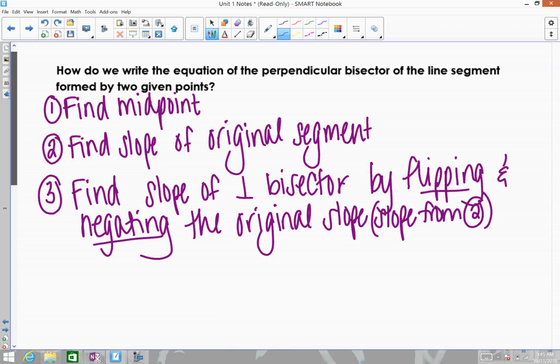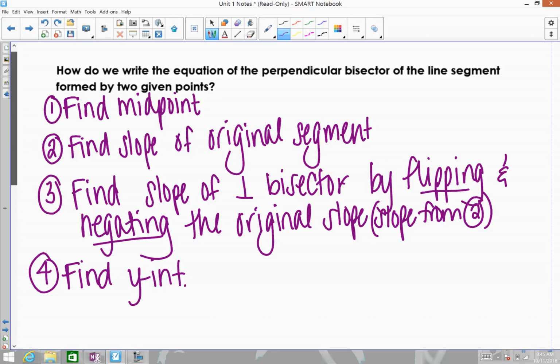So then from there, you'll be able to draw the perpendicular bisector, but you're trying to come up with the equation. So once you know what the perpendicular bisector looks like, you have to know the y-intercept to be able to write the equation. So you're going to find the y-intercept,